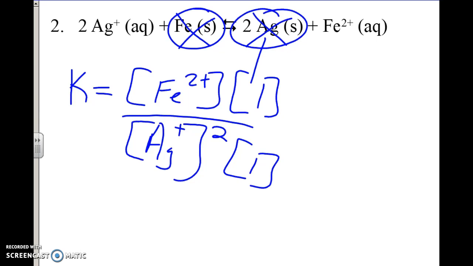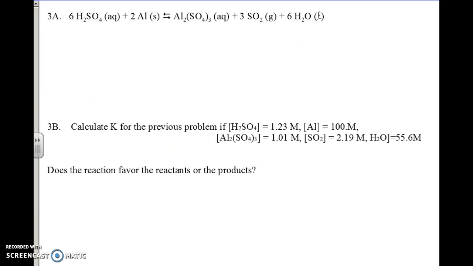Why don't you see if you can do the next part all by yourself? And then play the video and see if you are correct. Well, hopefully you did pause the video and try this one yourself, because I'd really like you to do that. But here we go. So in this problem, this one is a solid, not going to be included. This one's a liquid, not going to be included. So our K equation in this problem would be